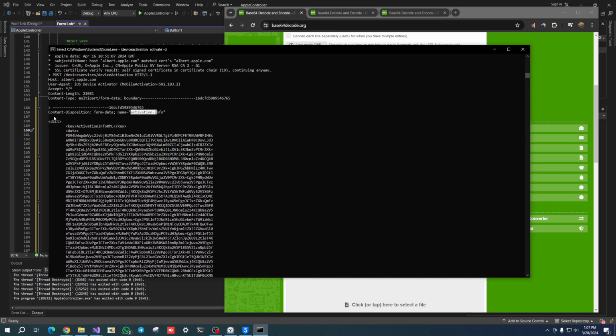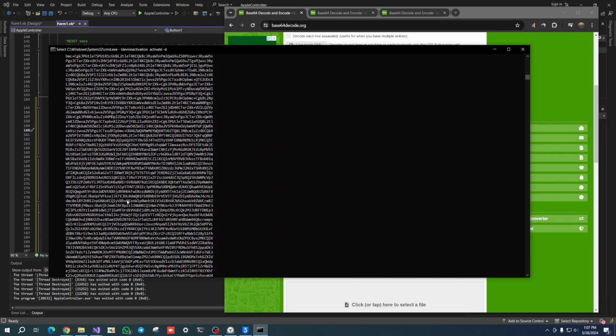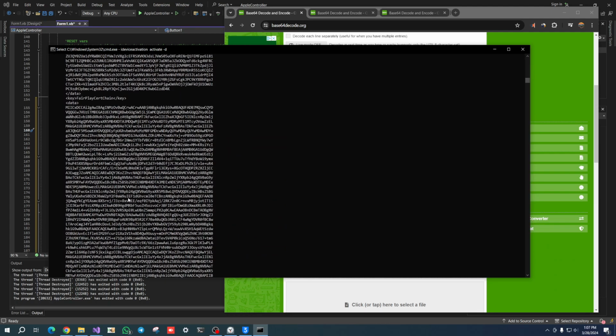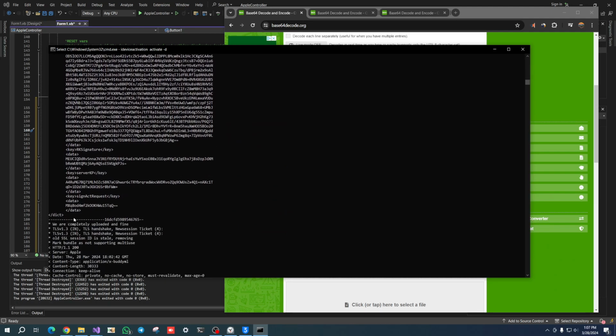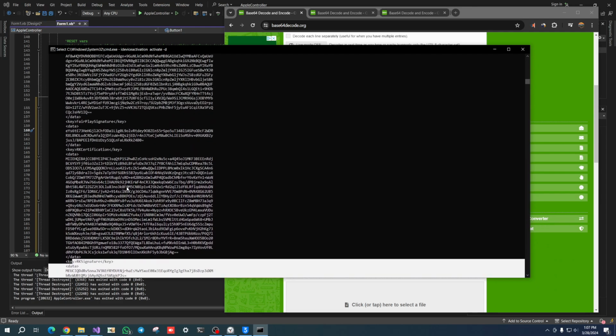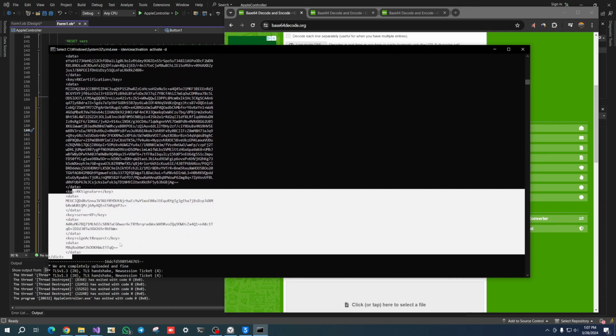So this is content disposition. So this is the data that we're passing to the server. And to the server, there's a variable basically called activation-info. And for the variable information, activation info, we have this information. This is the information that's being posted to device services. So you can see this entire thing, which looks like a server. This looks like a ticket,